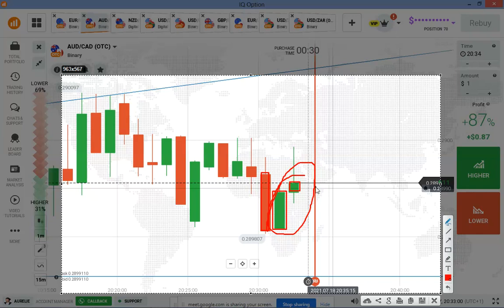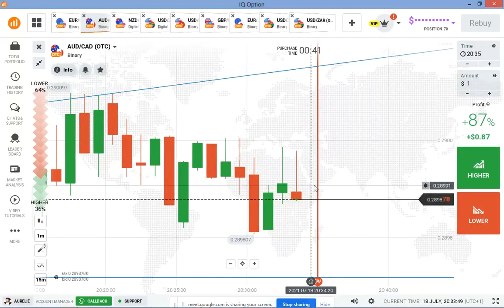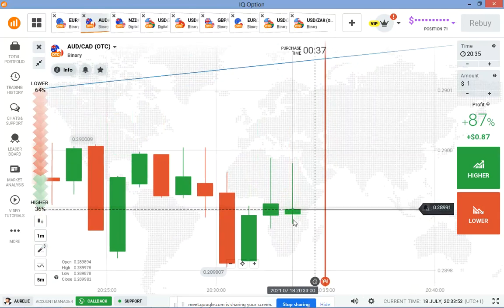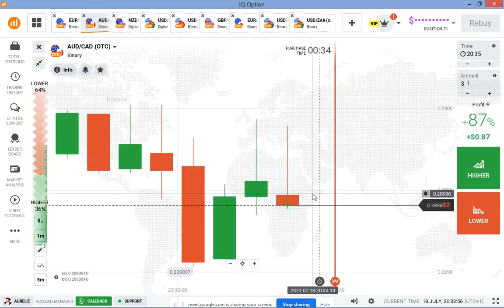So if you want to go with sellers on the next candle, you have to check what happened to this area. Okay, see what happened to this area. The market changed to green. Also we see rejection change to green. So what are you going to expect on the next candle here? It should be red because the buyers are weak. It should be red. Okay, there's a gap down. The buyers might not enter. Sellers might not enter here.